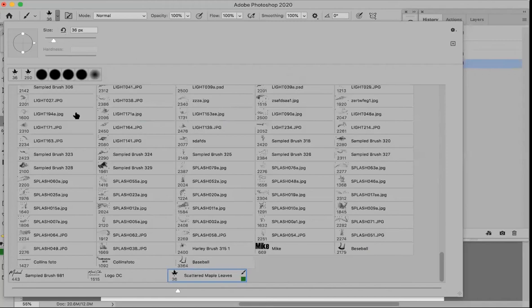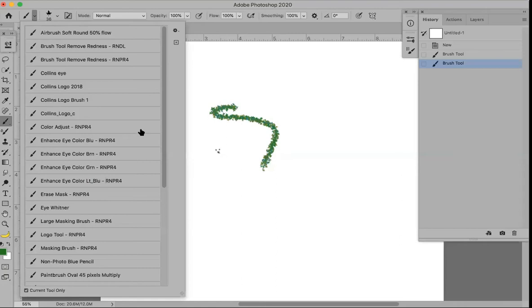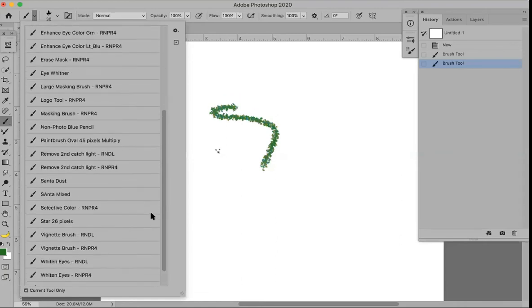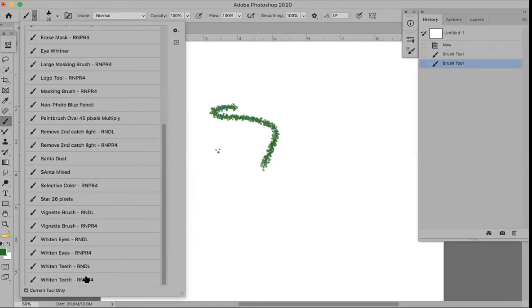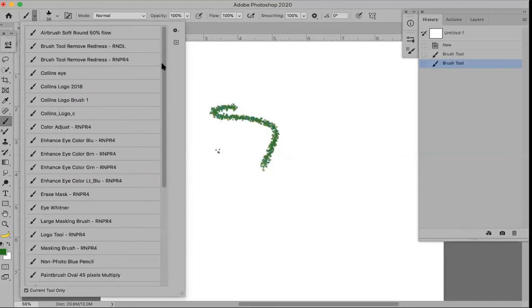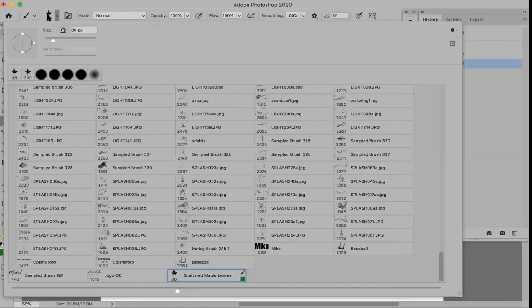Ta-da. It also went down to the bottom. And you'll see at the bottom down here, it also has my color that goes with it. The color that I saved it as. Clear that out, go over here. It should be maple leaf. Where are you? That's not in there. You didn't save it? I saved it, but I guess I saved it as a new brush down here and it didn't go into